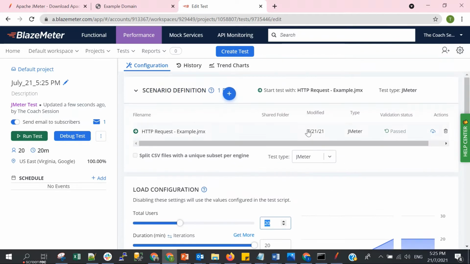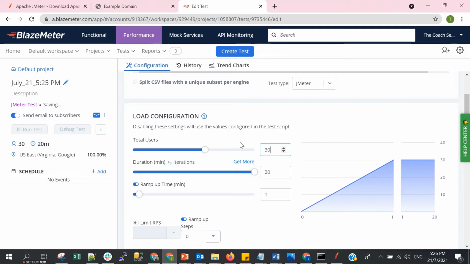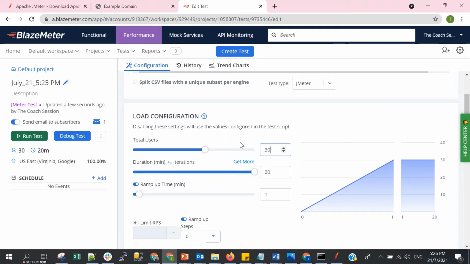So let's say even though in the file you have 20 users, you can override it, and if you want to change to, let's say, 30 users, you can do that. And this is the ramp up duration, actually the total duration for your testing. So let's say I want to run it for a total of 5 minutes.